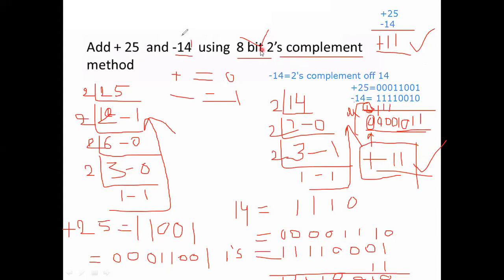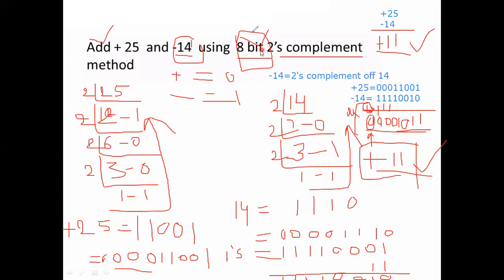Whenever negative numbers are there and we require some addition, then we compulsorily use signed bit addition. Before doing that, how many bits are represented? 8 bits are represented. Suppose the same is represented using 12 bits, then how many zeros are added? Again, 4 zeros are added in front of this.